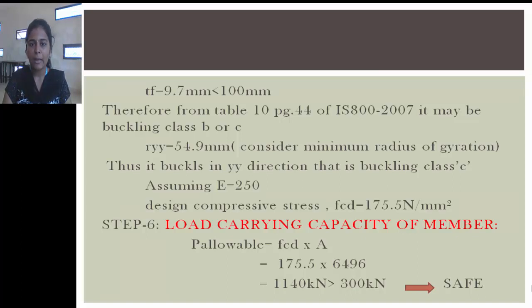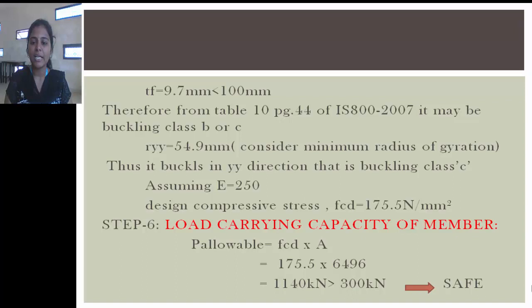Therefore, from table 10 page 44 of IS 800:2007, it is found to be buckling class B or class C. So this buckling class B or C is purely based upon the minimum radius of gyration. We have to consider the minimum radius of gyration. So RYY is minimum 54.9 mm. From that, assuming fy value as 250, we have found the FCD, the design compressive stress, as 175.5 Newton per mm